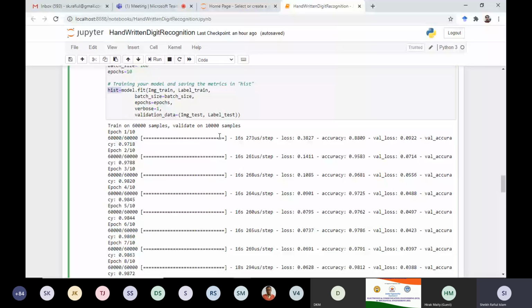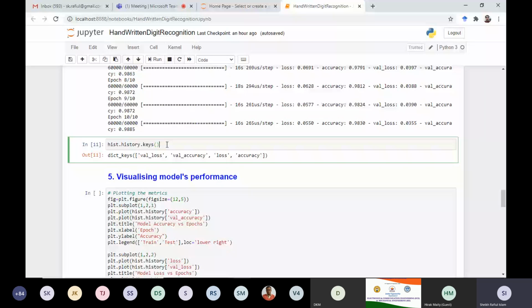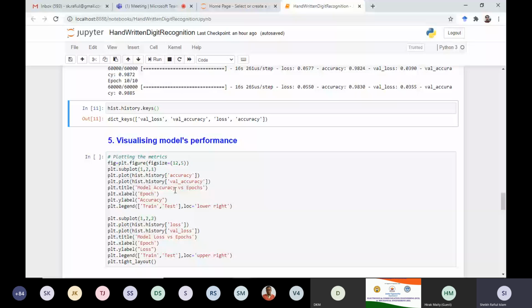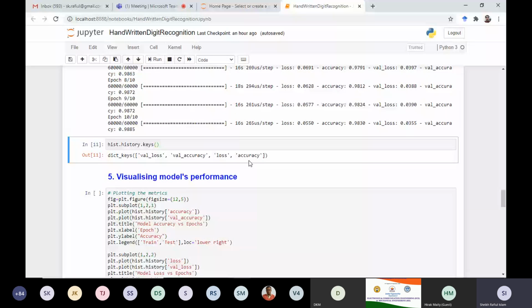Why I suggest you execute this is, again, not compulsory, optional. See, these are the variables listed in this history key. Depending upon the version, it might change. For me, it was acc in the previous version. While I ran this code this morning, we found that there was an error, and after that I executed this code and found that the name of this variable has been changed in this version, nothing else.